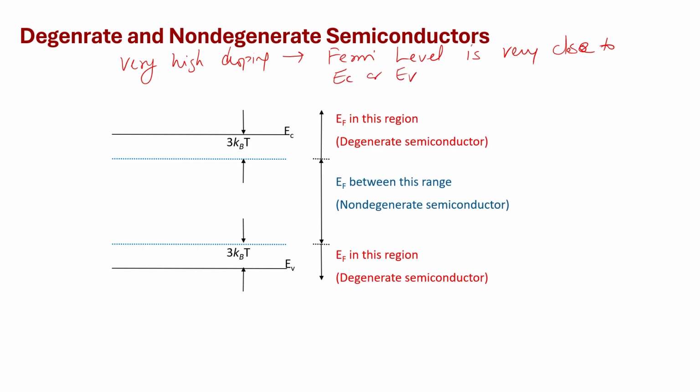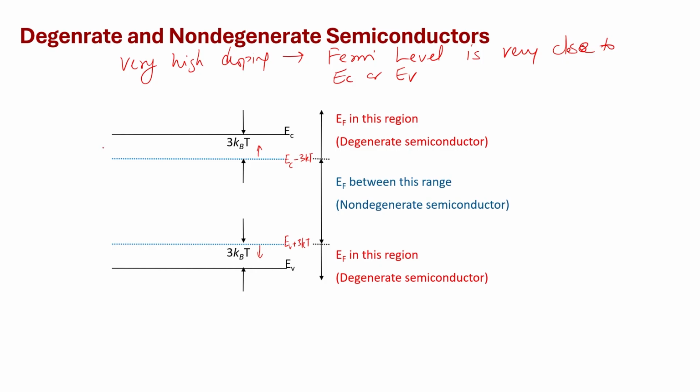That is where we distinguish between a semiconductor which is degenerate and one which is non-degenerate. This energy level will be EC minus 3 kT and this will be EV plus 3 kT. If the Fermi level lies within this range, from EC minus 3 kT to EV plus 3 kT, then this semiconductor is called a non-degenerate semiconductor, which means it will act like a semiconductor. The moment it crosses this barrier of EC minus 3 kT here or EV plus 3 kT here,